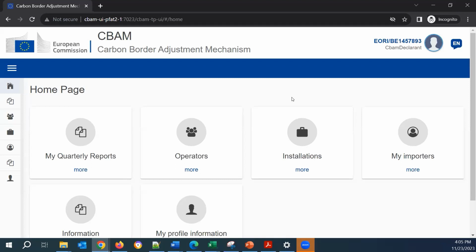For the cement, we will proceed by creating a report and filling in the data in the different forms of the report, so that you can see how it is to actually fill in the data inside the CBAM report live. And for the aluminium, we will choose to upload the zip file that contains the XML. Okay.